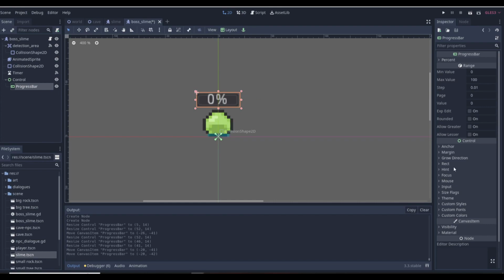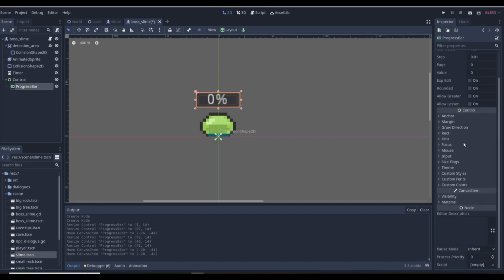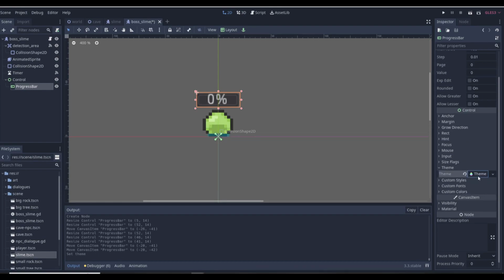So to fix this, we gotta go to theme, and we can make a custom theme. And this actually gets pretty complicated. Sometimes it confuses me because it has nothing to do with anything, right? It's just graphics. It's pretty confusing, but I'm gonna try and go through this as easily as possible. So we have a theme. This is under the progress bar. So click on the progress bar, scroll down to the inspector area, and there's gonna be this theme tab. We're gonna open up the theme, and then click new theme,